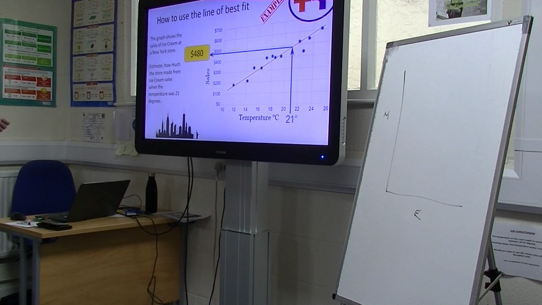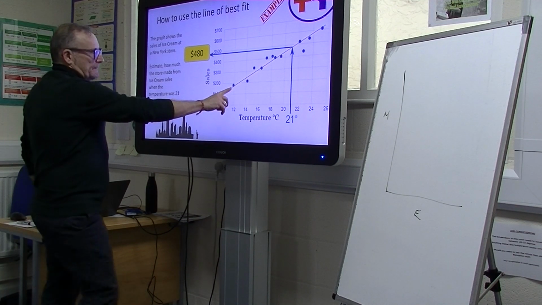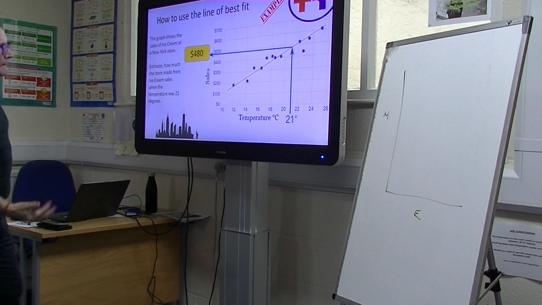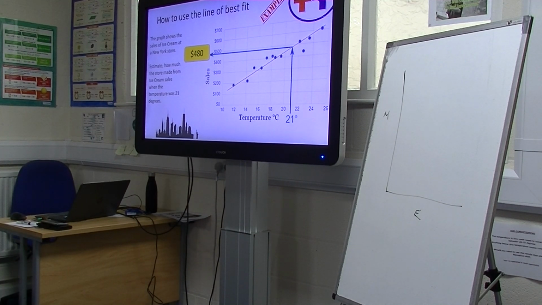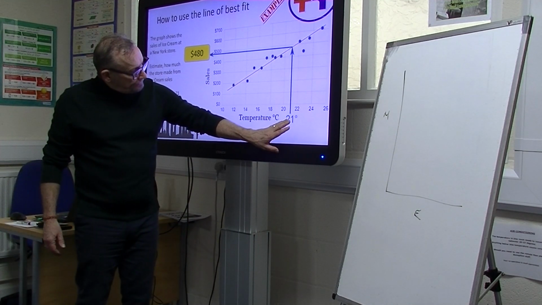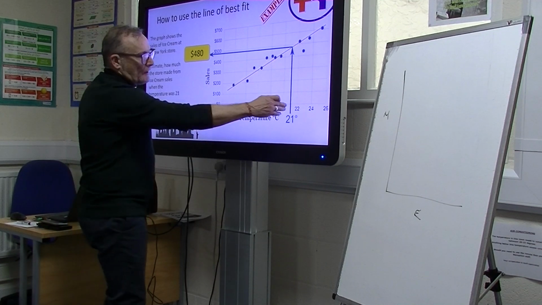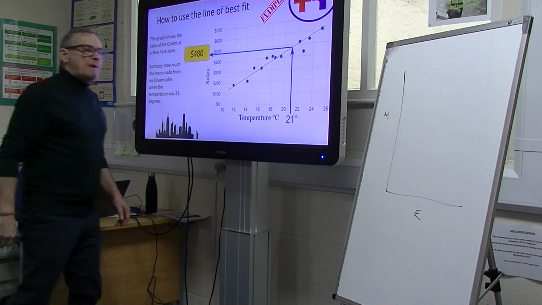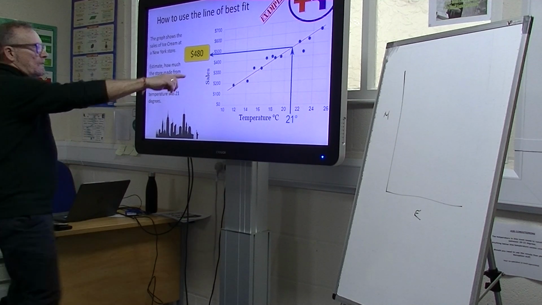So we use the line of best fit to gather bits of information from the graph. We've already drawn a line of best fit here, this orange line. It's pretty accurate. The question says, estimate how much the store made from ice cream sales when the temperature was 21 degrees. So we go along the bottom to 21. We get our ruler and we draw a straight line up till it touches our line of best fit. Then we read across